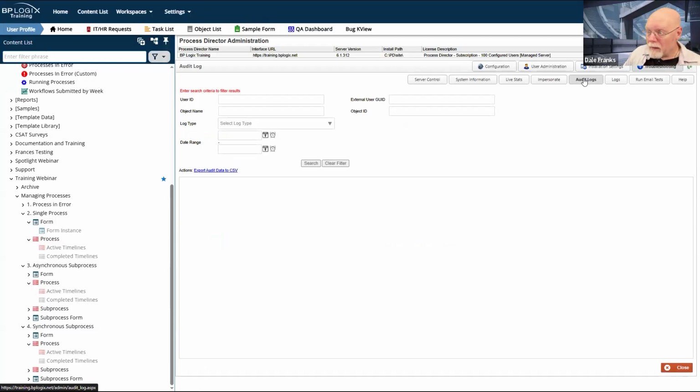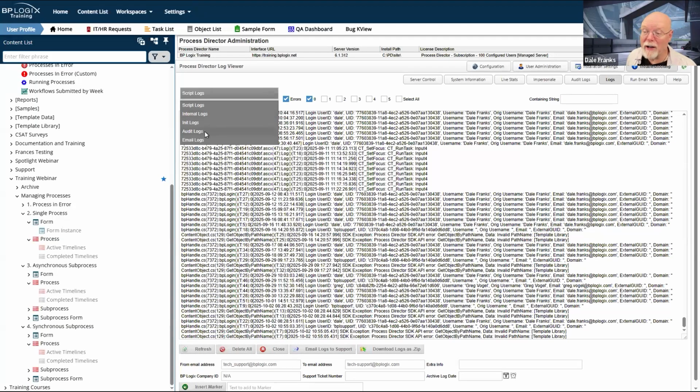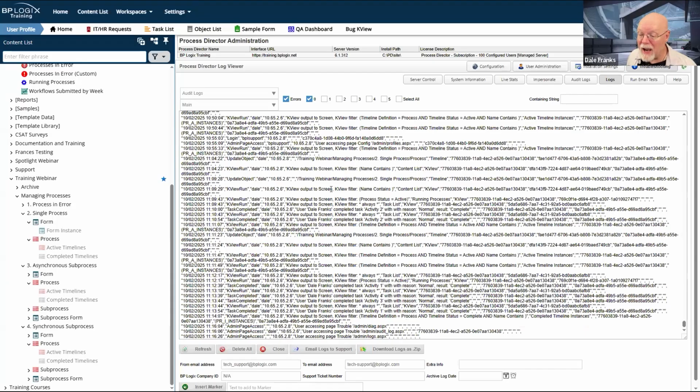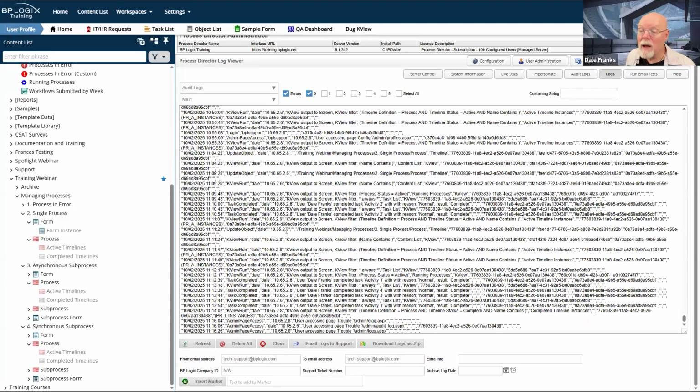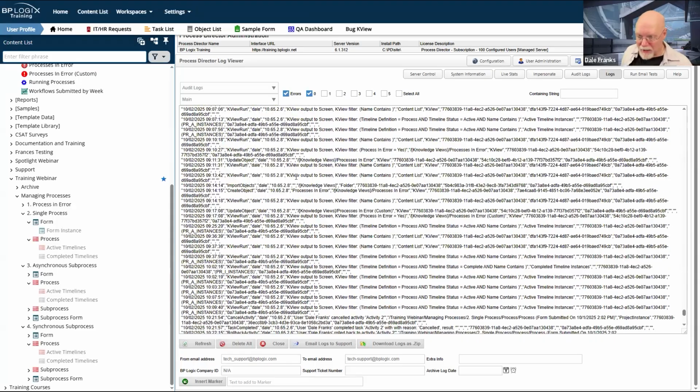By default, audit logging occurs, but just like all of the other audit logs, it shows up in the logs file. And so I can go to the audit logs and I can see everything that happened here by looking at my audit logs, but it's all a text audit log.